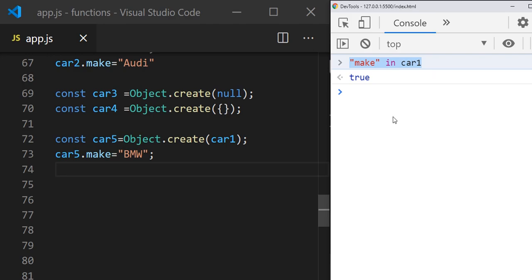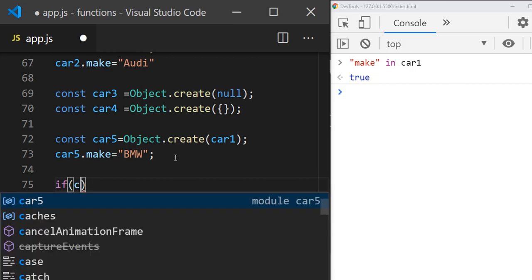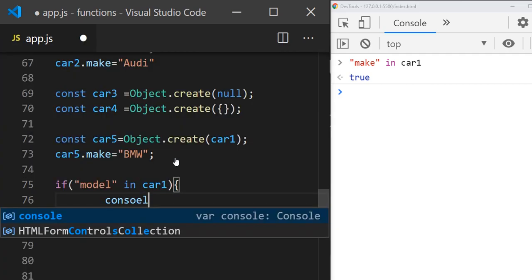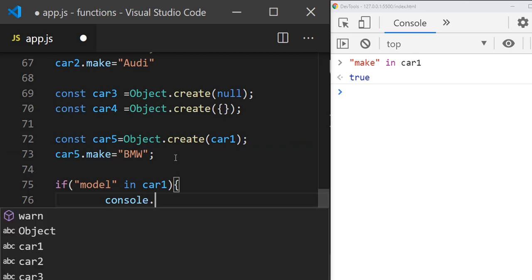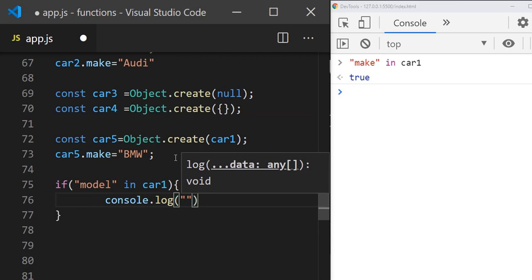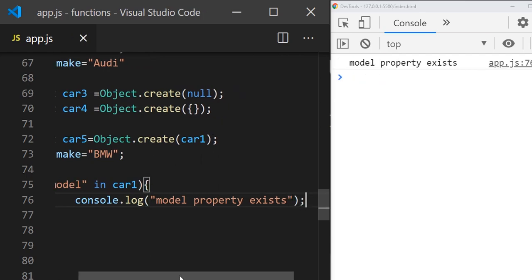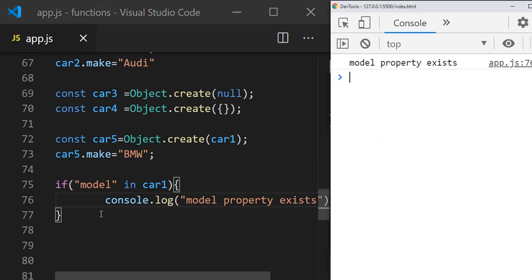When you write the expression like this, for example, I can write here: if "model" in car1, console.log "model property exists". See, it works. Model property exists. So you can use the in operator to check whether the property is available in that object or not.